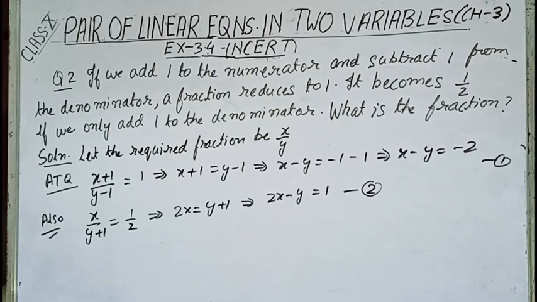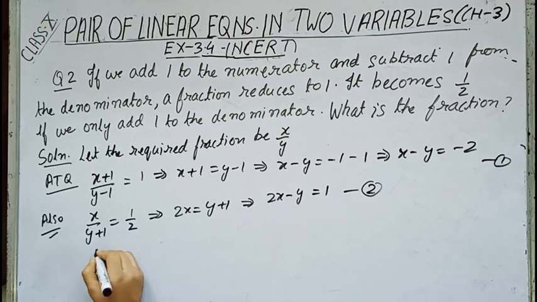Now the question is saying that get the pair of linear equations and find their solutions if they exist by the elimination method. So we have to find the solution if they exist. In the bracket, it is written if they exist. So let us first check whether the solution exists or not.